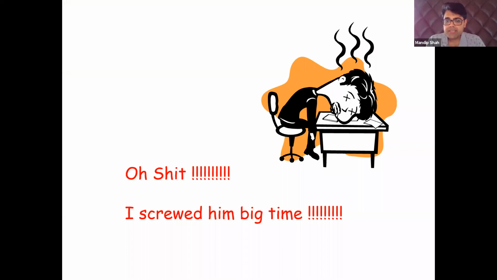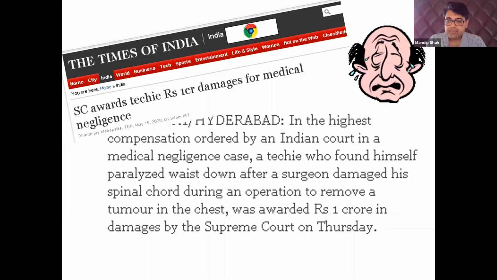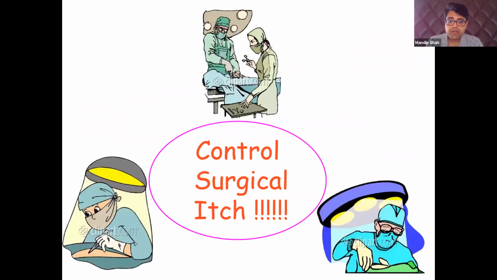So when you do these things, you would feel that probably you screwed this patient big time, but beware, this is an era where medical legal negligences are very common, and patients don't shy away from going to consumer protection. Medical legal aspects also we have to take care of these days. And that is where doing a simple biopsy will not cause any harm.